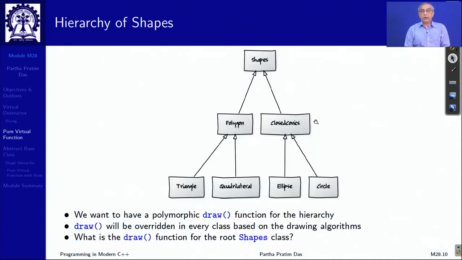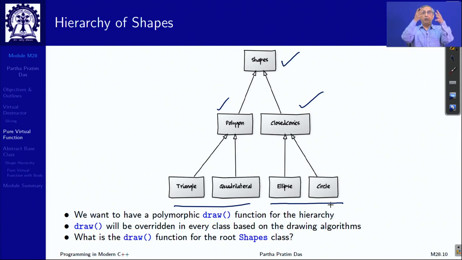Next, let us talk about pure virtual functions. Suppose we have a class hierarchy of shapes. This is a shape, polygon, closed conics, different types of polygons, different types of conics and so on. And what we want is a draw function which is polymorphically available all along this hierarchy. So, we will define it in the base class, the root class, and then, because the way you draw a polygon is different from the way you draw a closed conic or a triangle or an